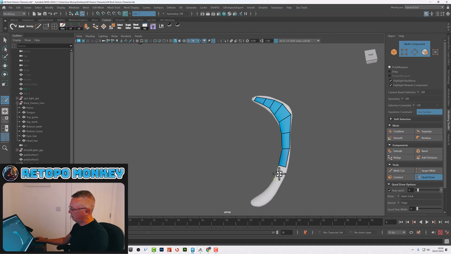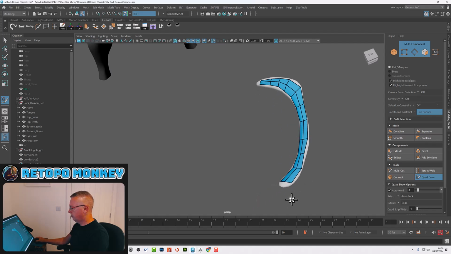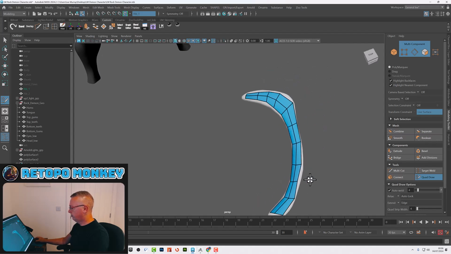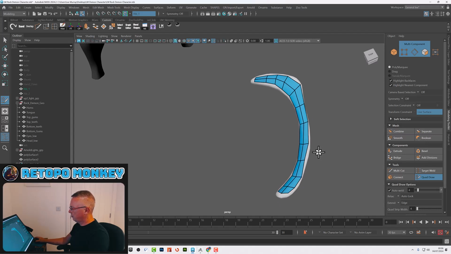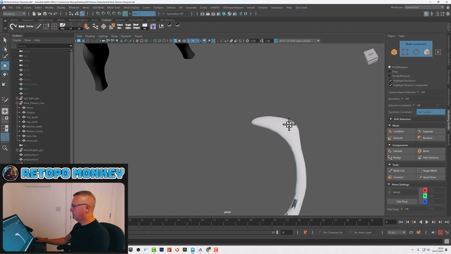The easiest way to do this is just make the retopo over the top. F8, get the rib, delete it,